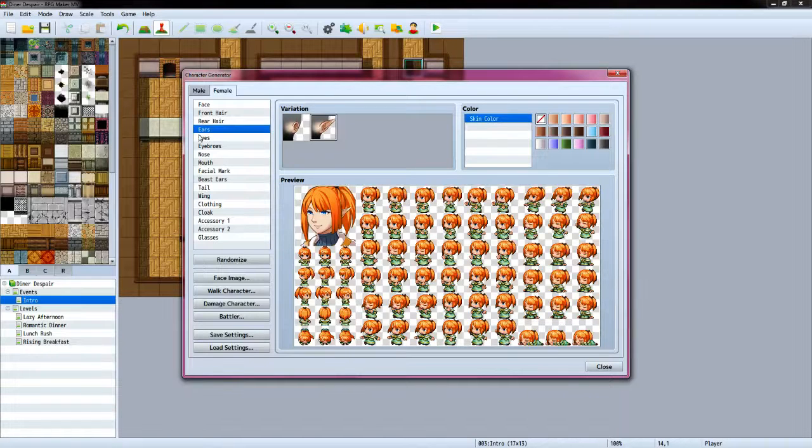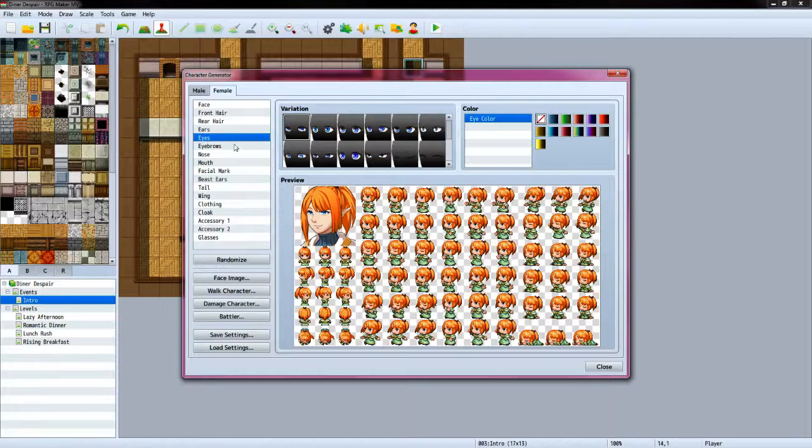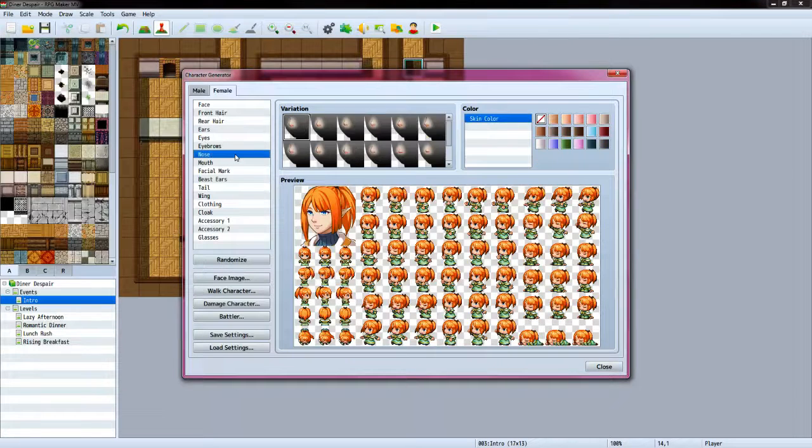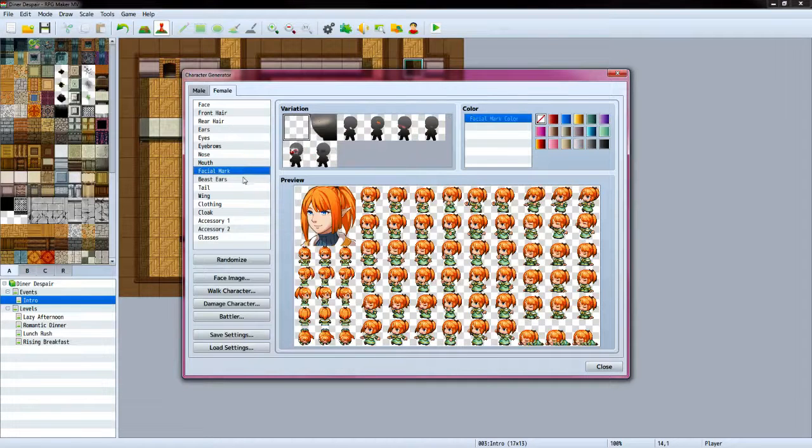Let's go ahead and give her elf ears, just because. The eyes look okay, eyebrows look okay, nose, mouth, facial markings. Yeah, let's not have her be a clown. Beast ears, tail, wing. For clothing,